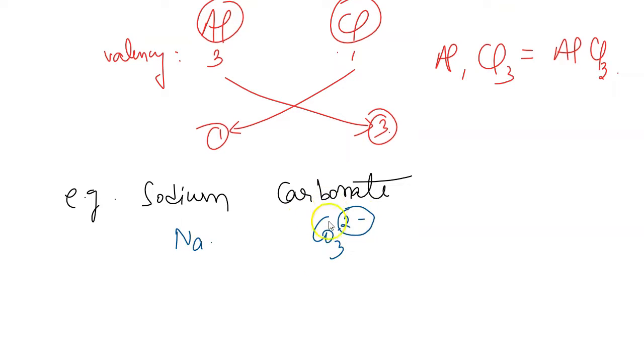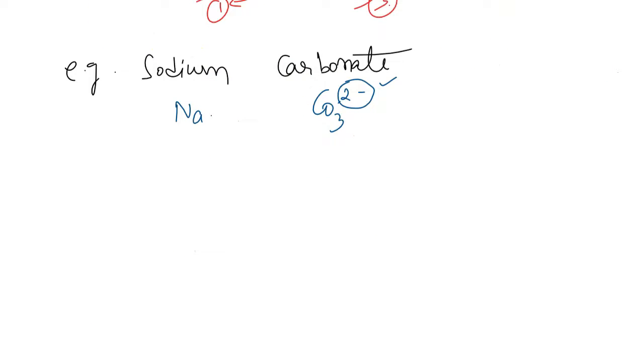Let us understand this, because once we understand this, then we can easily write down the chemical formula of any compound. To find out the chemical formula of sodium carbonate, we will remember some compounds like carbonates, sulfates and all, because that is equally important to remember to deal with the